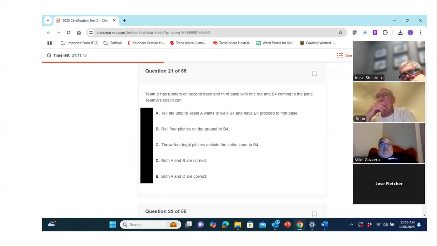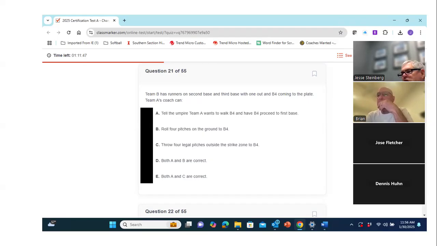Anyone disagree with E? Okay, so E is both A and C. The coach can come out and say, put her on. Or they can throw 4 legal pitches outside the strike zone to B4. Why they want to make their pitcher throw 4 pitches for no reason, I can't understand that, but why can they not do B?